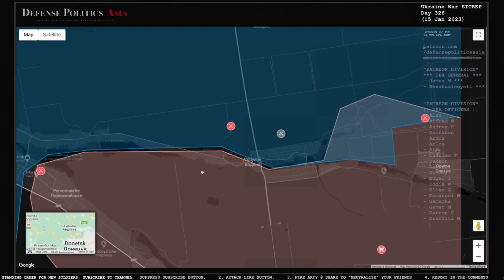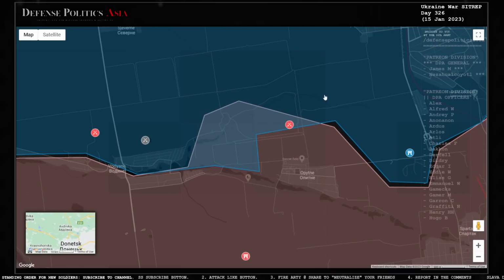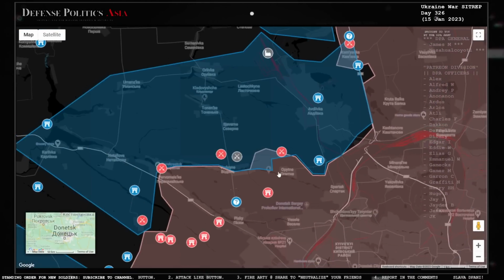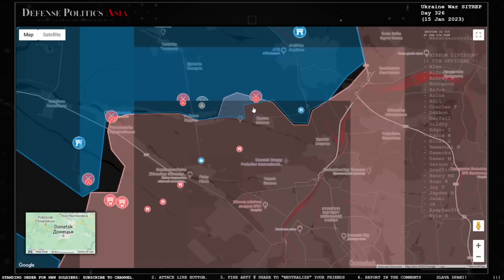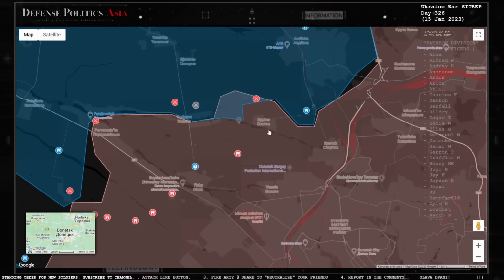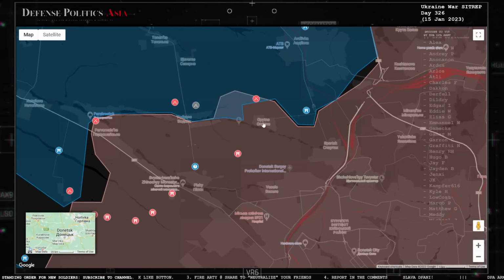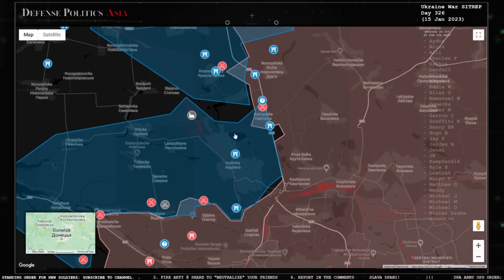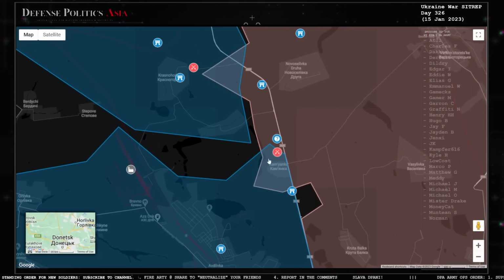Anyway, there is fighting reported around Vodiane, as well as somewhere near Opytne, or Opitne. Some people get very triggered when I say Opine or Opine. Okay, Opitne. Over at the northern part of Avdiivka, there is fighting reported at Kamianka as well